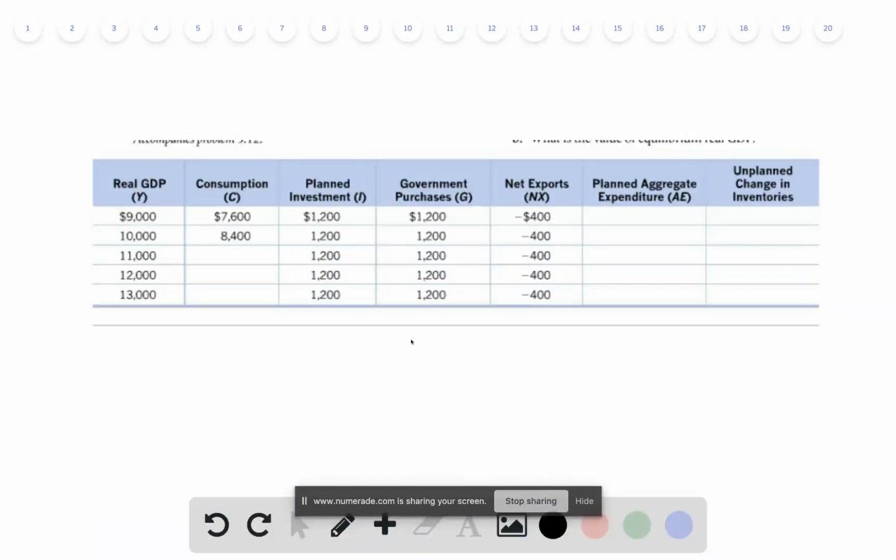Okay, so let's look at this table here. Firstly, you need to know the definition for aggregate expenditure. It should equal consumption plus investment plus government purchases plus net exports. So based on this formula, you can simply add up these four numbers here and get the aggregate expenditure. If you do the calculation, you can see that the aggregate expenditure here should be